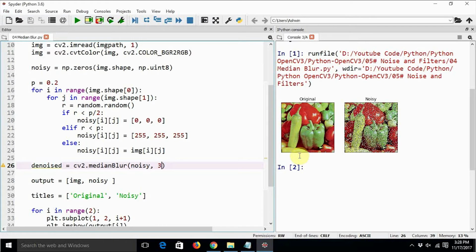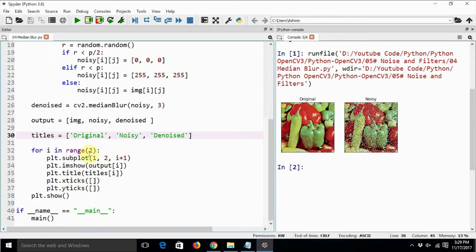This is how we are going to denoise the image. No, not median, it should be denoised. Finally, we also need a new title, denoised, and 3. So let's execute this code and see how the output looks.